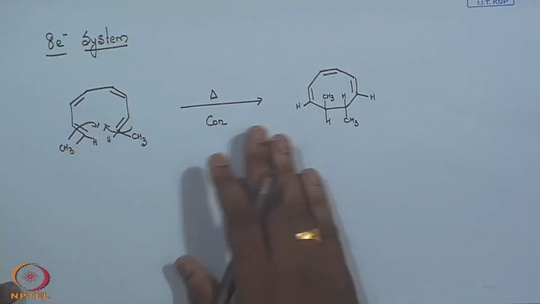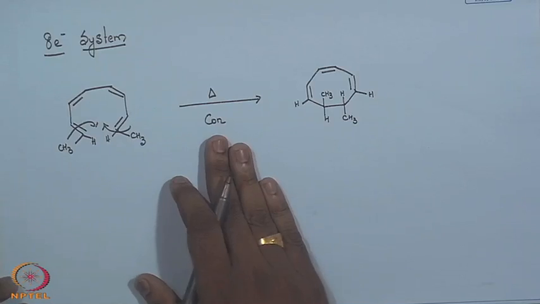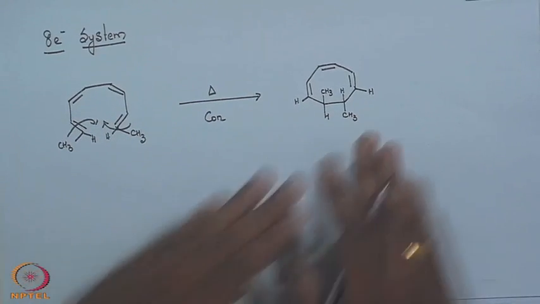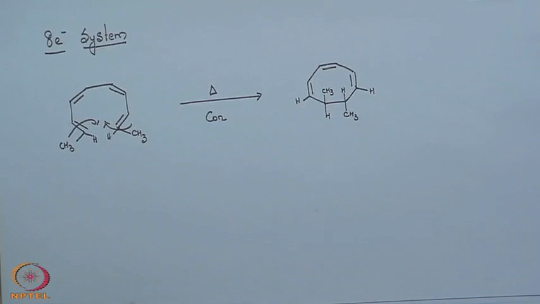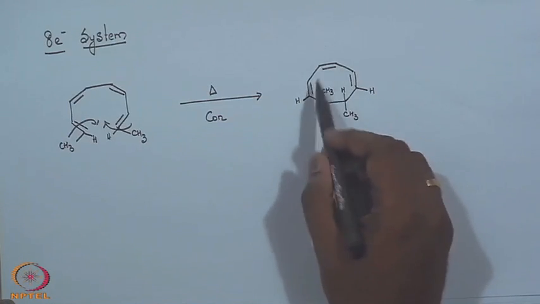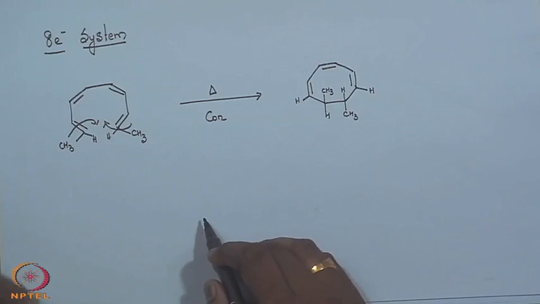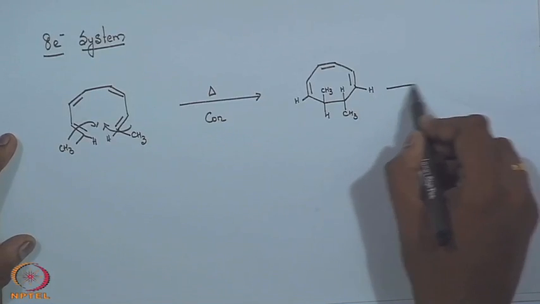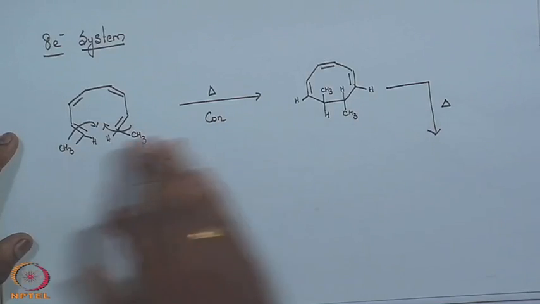Now, you know it is an 8 electron system on thermolysis according to Woodward Hoffmann rule. Yes, it should go con rotation, and you did both clockwise and you get this product. Now, you see this product. This product again can undergo another electrocyclic reaction, because if you see what system is this now, 6 electron system. Yes, 6 electron system you have studied, again this can undergo electrocyclic reaction, right. So, if I take this product, because you are doing heating condition, it can keep on going on.